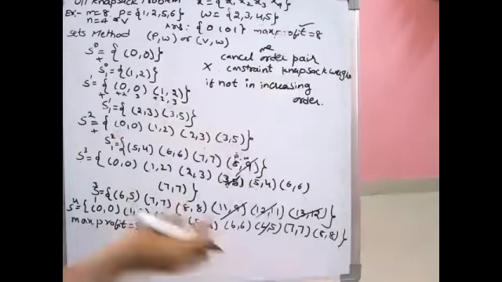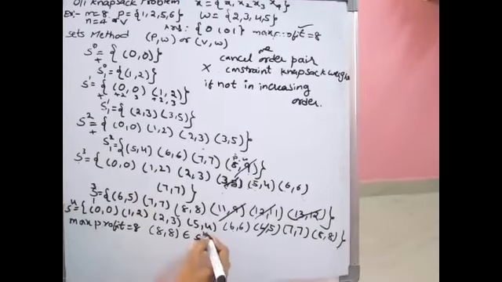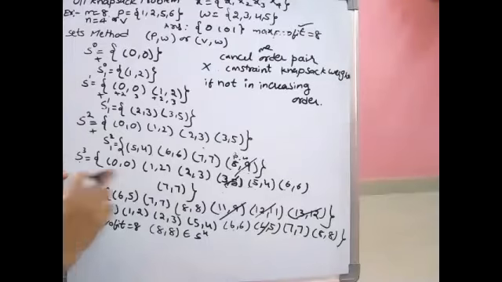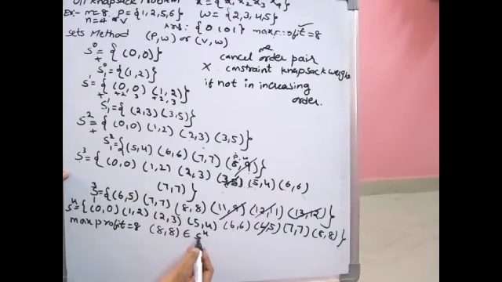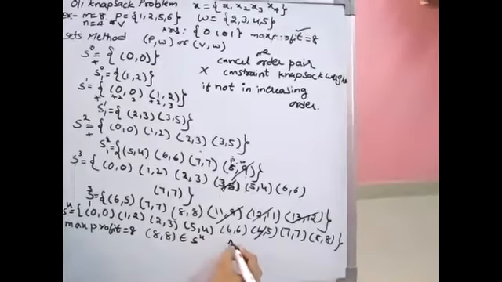So this one is belonging to the S4. That means with the inclusion of the fourth object, it is possible. Is this type of ordered pair present in S3, S2 or S1? Is 8, 8 there in S3? No. So this ordered pair belongs to S4 only, which means with the inclusion of the fourth object only, I got this maximum profit. So within the answer set,